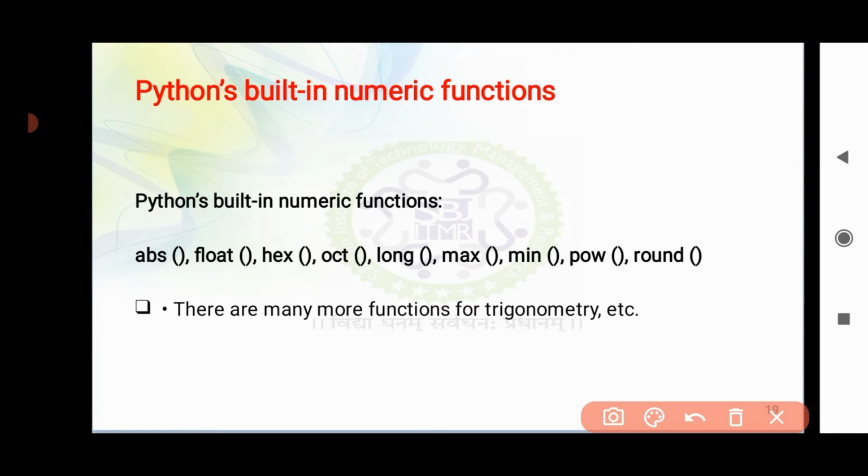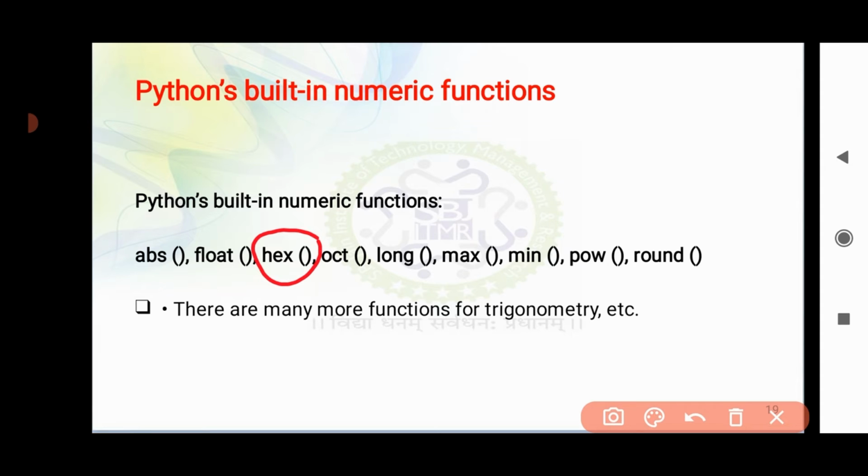I guess you have already seen in computer architecture and organization how to convert a decimal number to a hexadecimal number, or a decimal number to an octal number, or a decimal number to a binary number, and these kinds of different conversions, right? So even for that, Python has its own built-in numeric functions.